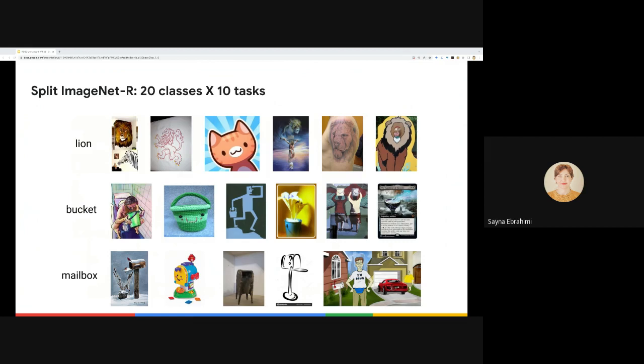ImageNet-R includes newly collected data of different styles such as cartoon, origami, as well as hard examples, generally hard examples from ImageNet that standard models fail to classify. Why did we do that? Well, because Split ImageNet-R contains classes with different styles, it is closer to a complicated real-world problem, and more importantly,